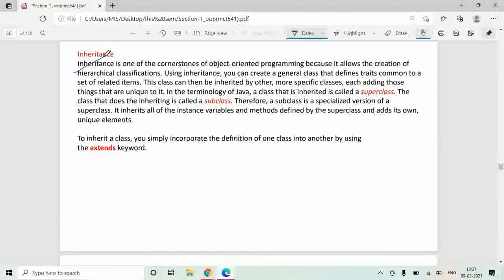Now there are two different scenarios. First one is, let's say you have already written a class. You have done all kind of testing. That class is fully functional. And now, later on, you feel that you need some changes in this particular class which you have already tested, which is already functional.